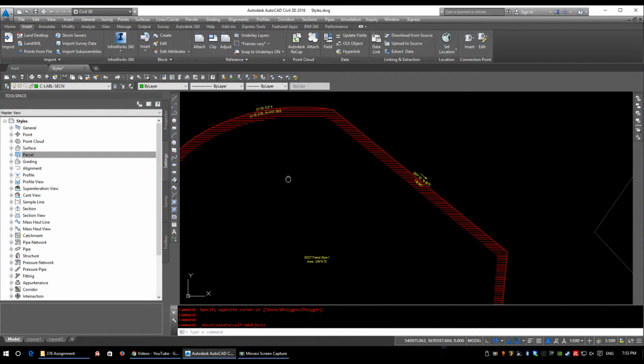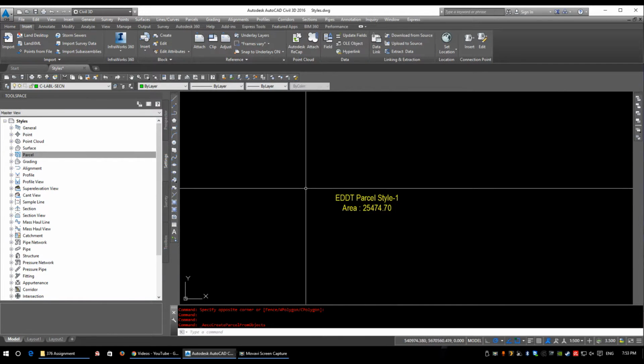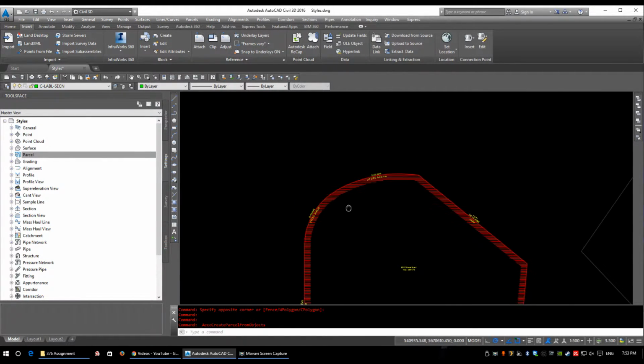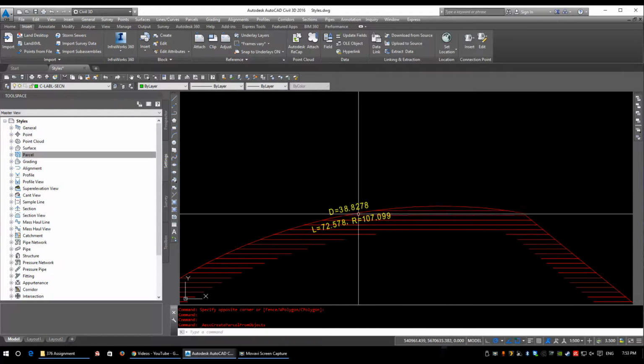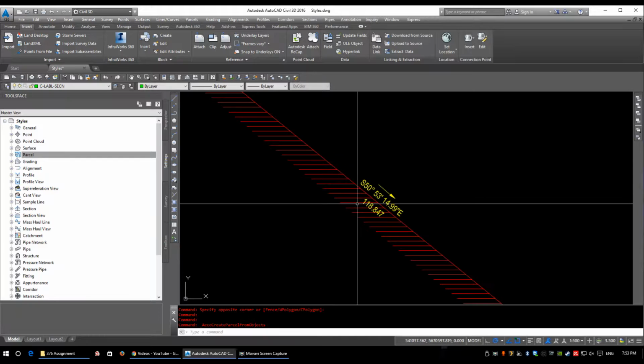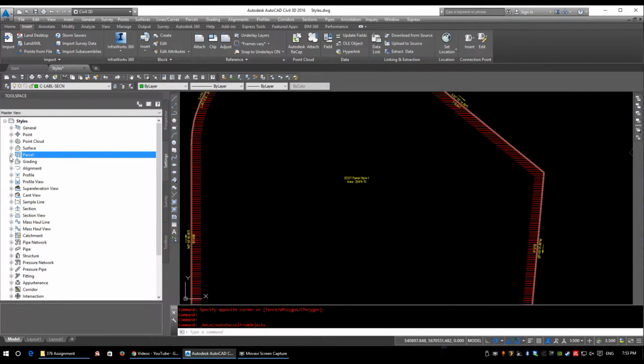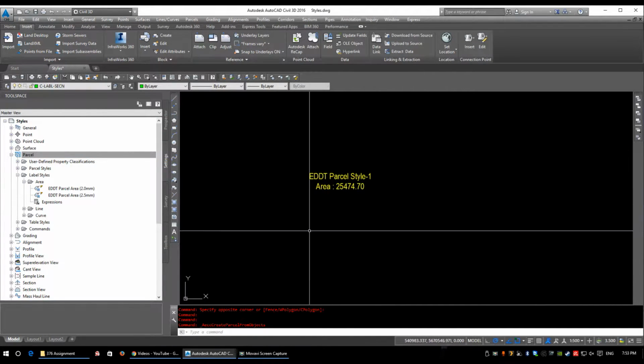So I'm going to click OK, and let's turn this into a parcel, and we see a few different labels here. We have our area label here, we have a curve label here, and we have our line label here. Now, we don't actually display them this way, so let's start modifying them, and we'll do them one by one here. So under the area label styles,